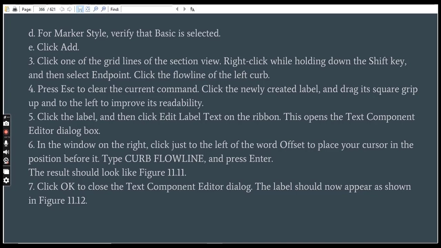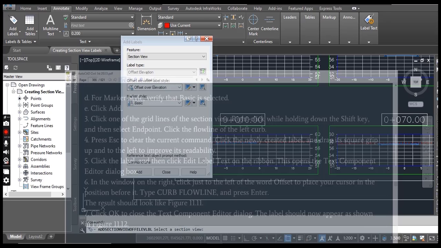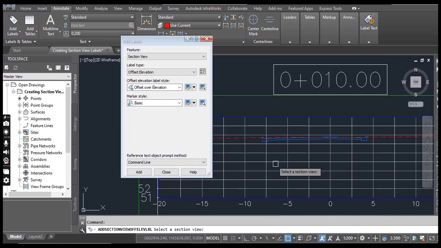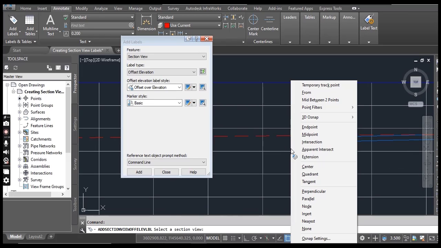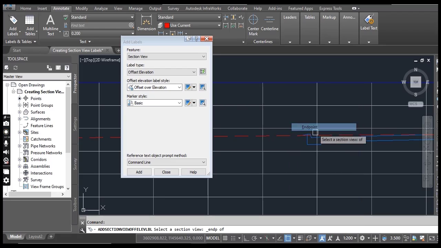Let's see our step number 3. Click one of the grid lines of the section view. Right click while holding down the Shift key and then select Endpoint. Click the flow line of the curb, the left curb. Here on this cross section view, press Shift and then right click to select Endpoint.